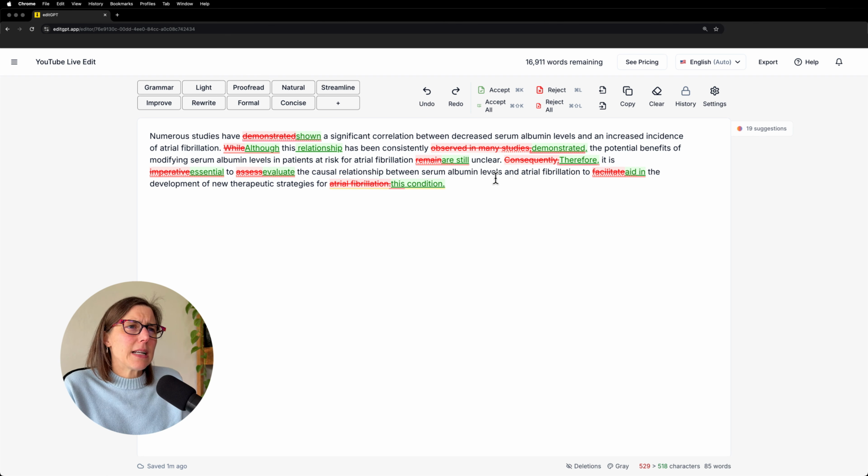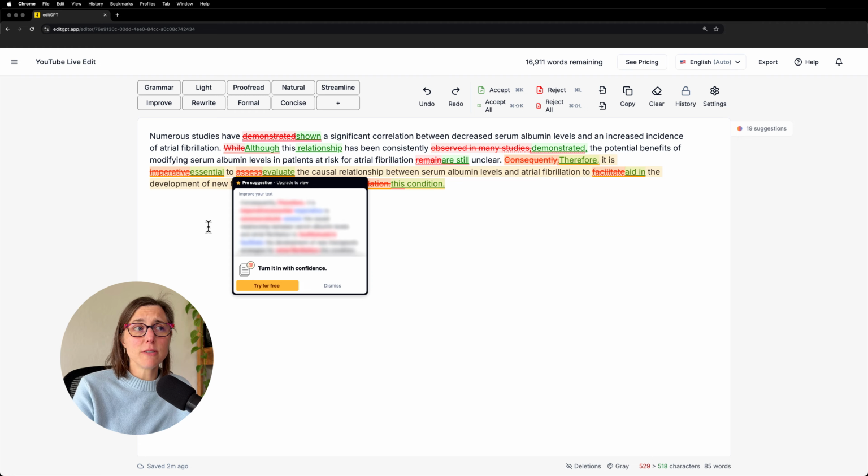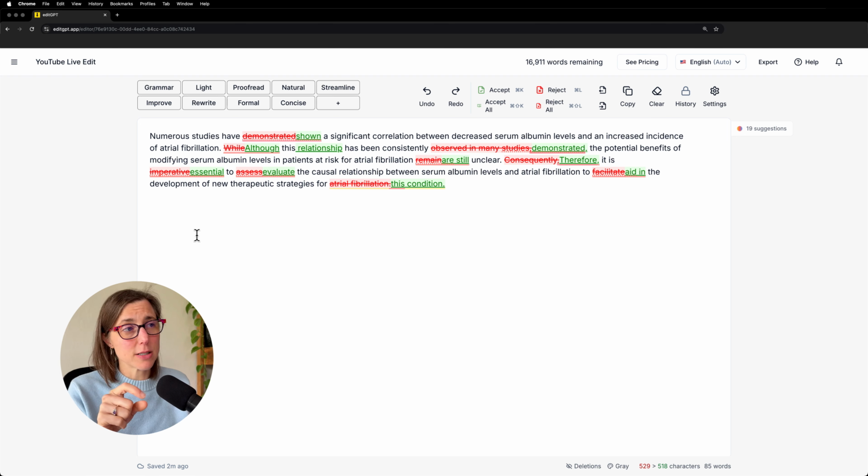Okay, so then how about the next sentence? Seems to be a lot happening in this last sentence. So it changed consequently to therefore again, and then instead of imperative, it went back to essential, and then changed assess to evaluate. Okay, that is something to consider as well. So assess is a vague verb, and so I often discourage using it.